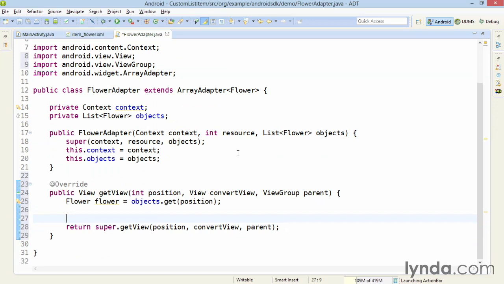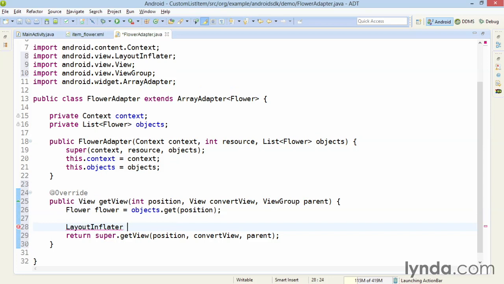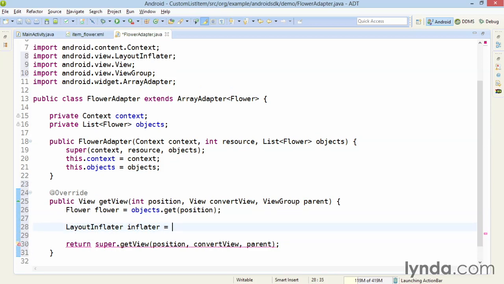The next step is to create the view object, and this is going to be an instance of the layout that I just created. That's the custom layout that's presenting an image and a text view. You do this with a class named LayoutInflator. I'll type the name of the class and make sure I've imported it, and I'll name it Inflator. And I'll get its reference by calling a method named getSystemService. This is a method of the context class, and this is why I saved a reference to the current context here. Now I'm going to use it to get the inflator object with